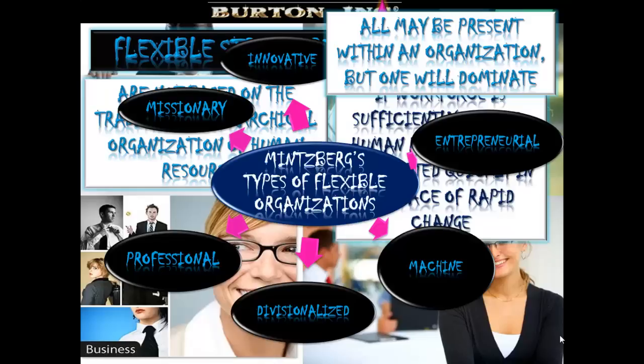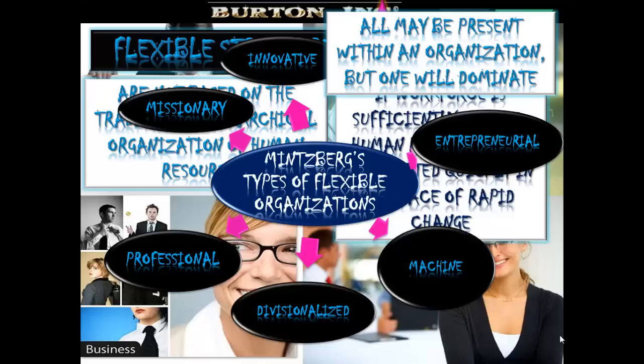So we have innovative organisations, and that's a system which requires people being split into small project teams that deal with a specific task or problem, such as an advertising agency. There is decentralised decision making, no standard procedures for dealing with routine problems, and as the teams work on individual and independent projects, the organisation becomes very flexible and adaptive to change.